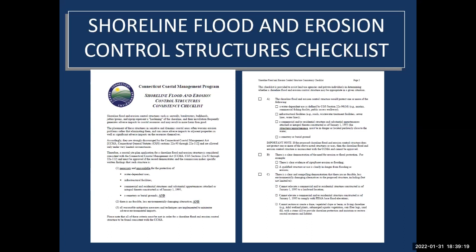They also have to show that, even if they do meet this category of uses, there has to be no feasible, less environmentally damaging alternative, and then all mitigation measures on top of that have to be included. So this is a nice checklist. I have this too, if anybody would like it. And it kind of brings you through. And what are some of the alternatives? Maybe they could, again, move the home back, elevate the home, or maybe create a dune or something along the edge of the